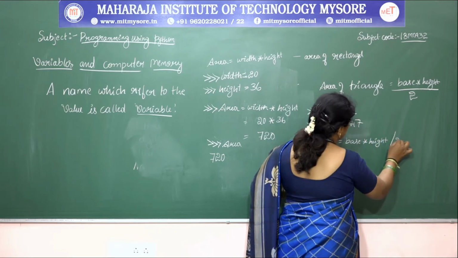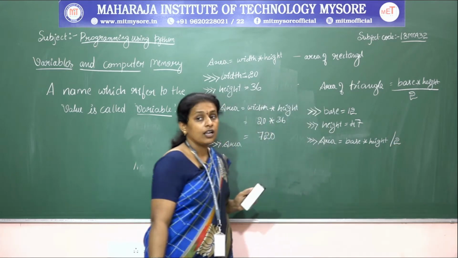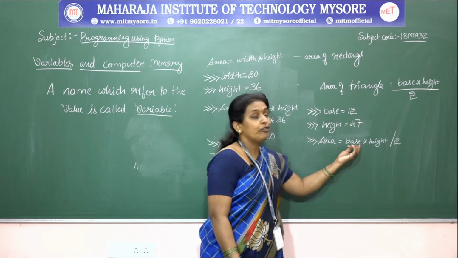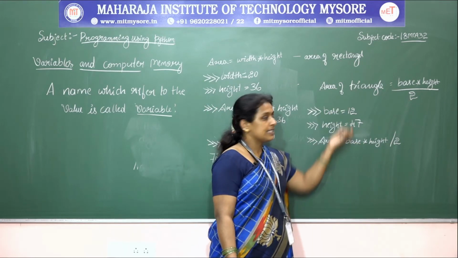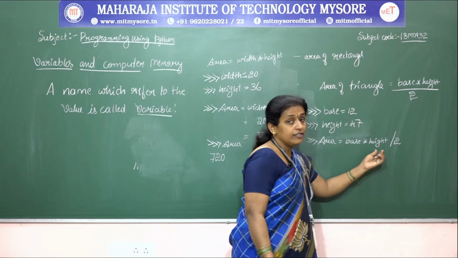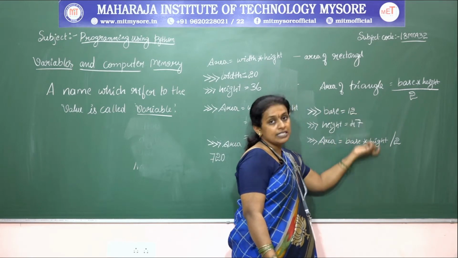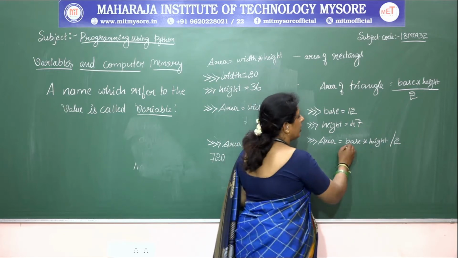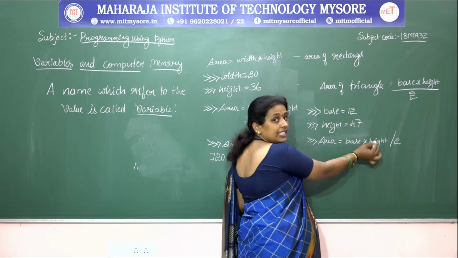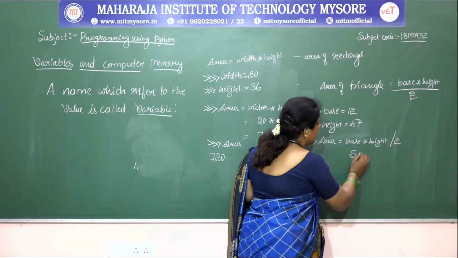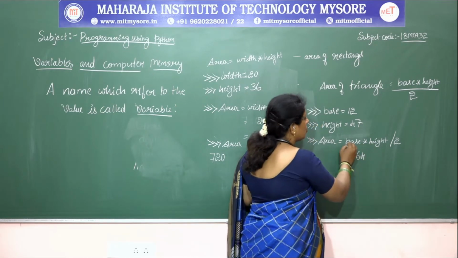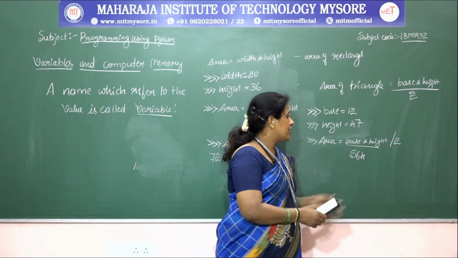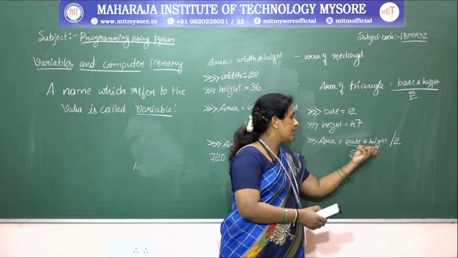divided by 2. Okay. So with respect to this, when these expressions get evaluated, the value of base variable will be substituted, and the value of height variable will be substituted, and it will get evaluated. So when this expression gets evaluated, we will get the answer as 564. So the expression is evaluated from left to right, and with respect to binary operator star, it executes base